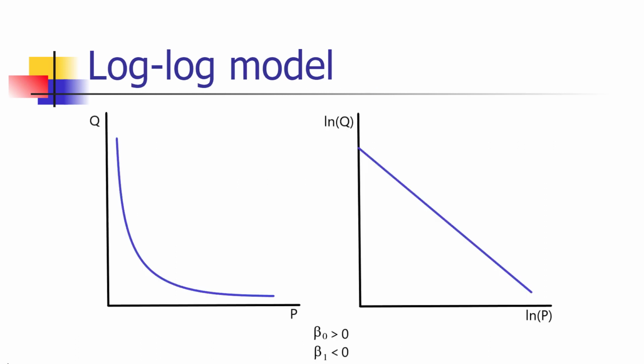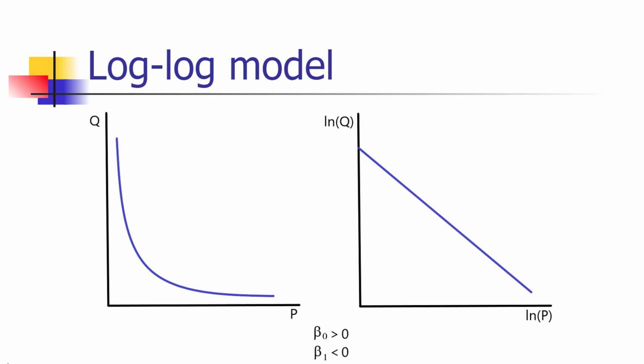If we plot the relationship between quantity and price without taking logs, we'd see this nonlinear relationship on the left, in which the price elasticity of demand is constant, where the ratio of the percent change in quantity demanded to the percent change in price is the same everywhere along the curve. But if we were to plot the log of quantity and the log of price on the same set of axes, we'd end up with a linear relationship in the logs of these variables.